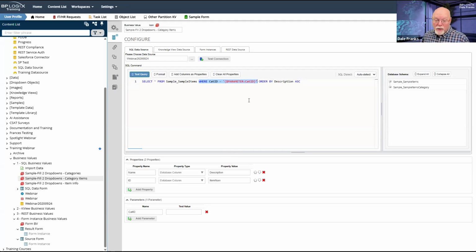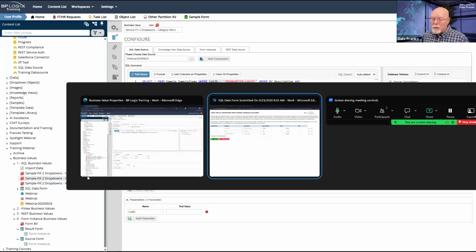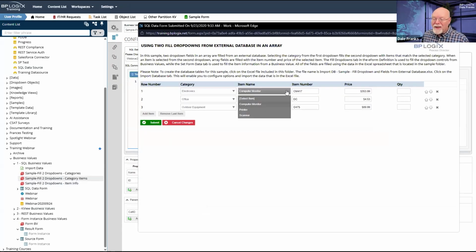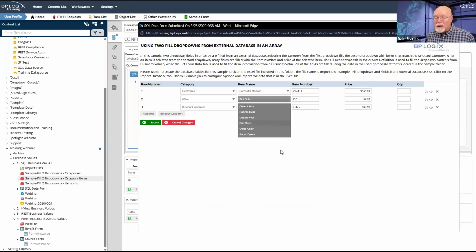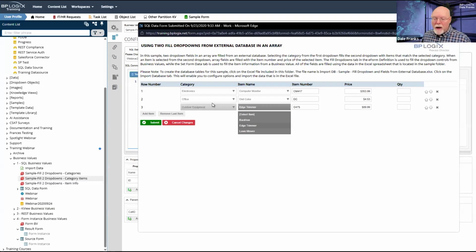And because I can do that, that means that as a practical matter on my form, this is the same drop-down, but it has 3 different sets of options because I have different choices that I made here. And so I'm going to have different options available to me. So the standard way of making a dynamic drop-down is to do what I've just done. I have a list of items. Those items have a category ID in this case.